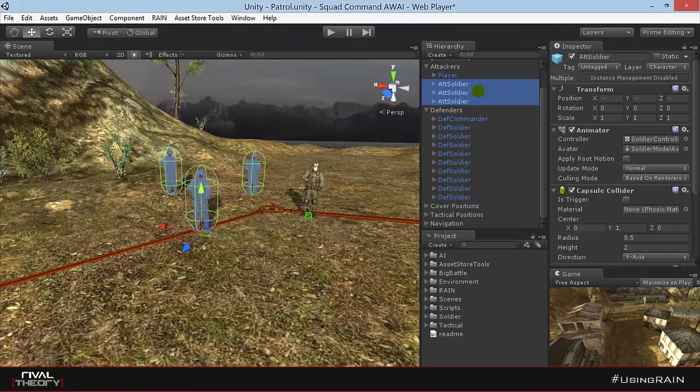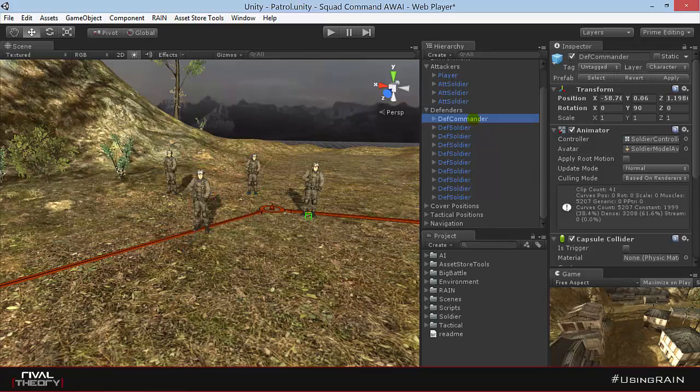This project also contains a number of AI custom elements. Those are reusable AI components that we can use to define other AI in this project or in any other project we may have. Let's take a look at a couple of those now. We'll start with our formation system. If I move over to look at the commander,